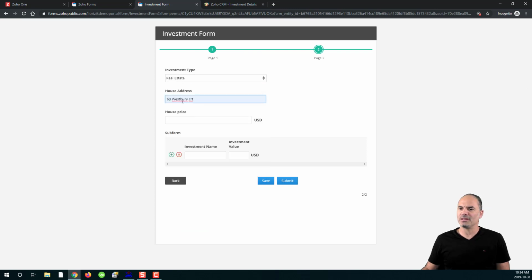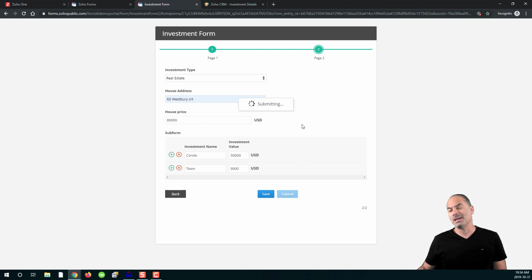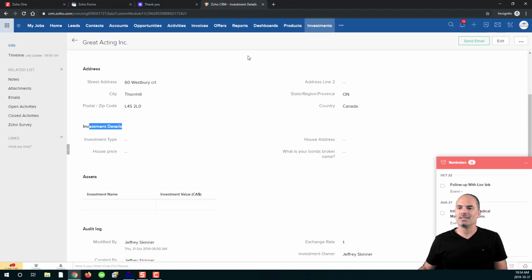I will pre-fill here some address, the house price, and I will have here a condo for this amount, and I will click on the plus button, and it will be also a townhouse for this amount. Once I click on submit, it will take about 20 to 30 seconds until this page is